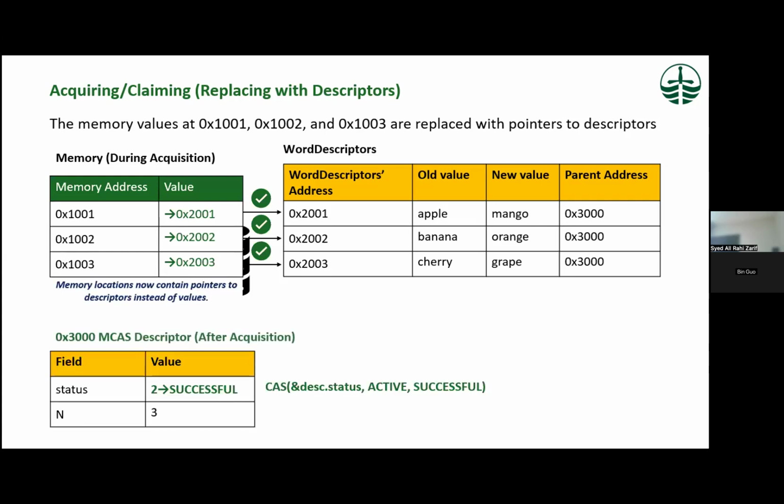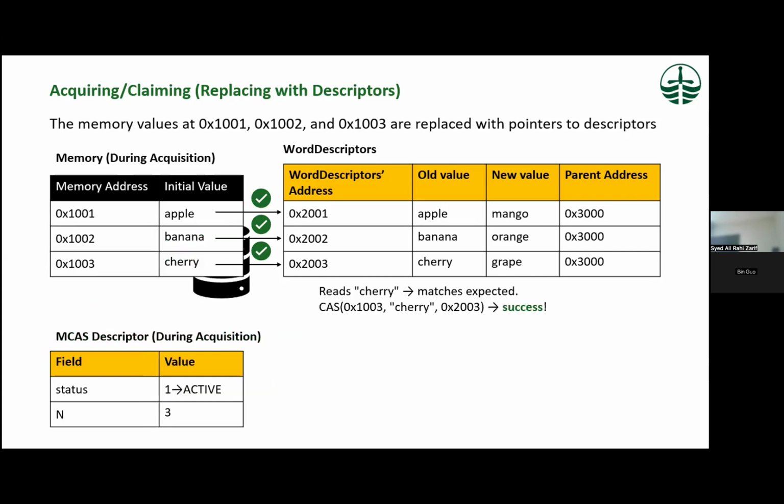Why are the values replaced with the descriptor? Why must we use a CAS? We need to ensure atomicity here. For example, for this third operation, at this memory location we are running CAS to make sure it atomically updates the cherry with the new word descriptor. When it's updated, and in future some other thread comes here,